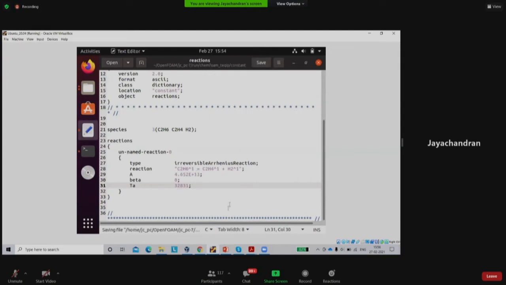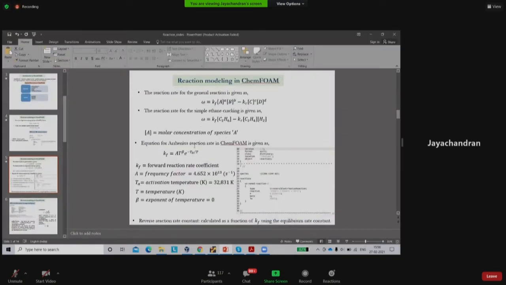So you just edit these values. I will also be sending you a document at the end of the section, where these equations are explained, for a nitrogen oxidation case, that clearly defines how these equations come. You can go through that, because since it's a chemical reaction, it will take some time for you to digest the equations because they can be complex.